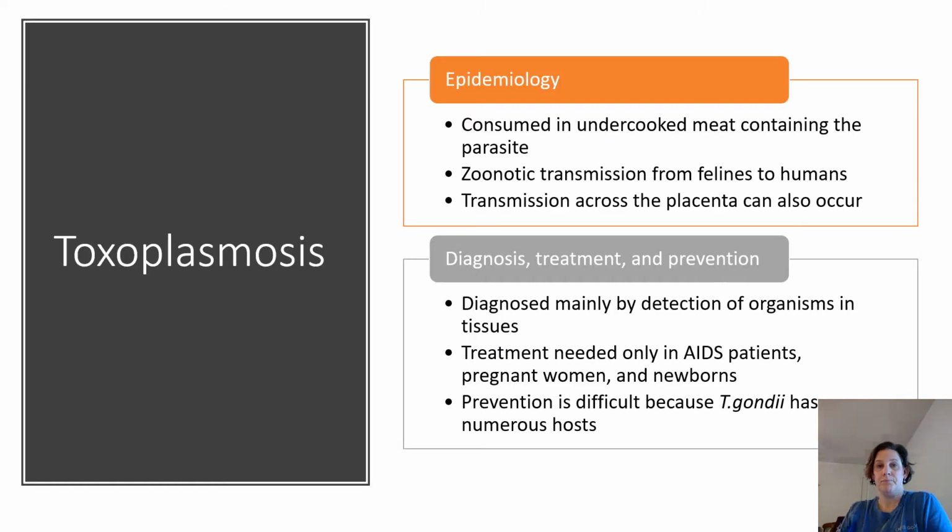Now, it is true that consuming undercooked meat with the parasite would cause you to have toxoplasmosis, or to at least become infected with T. gondii, even if that's an asymptomatic infection. But we do know that zoonotic transmission from felines to humans does occur in the form of litter boxes. And in the United States, in particular, there are a large number of pet cats. And I would actually say that this is as much of a problem as consuming undercooked meat, simply because